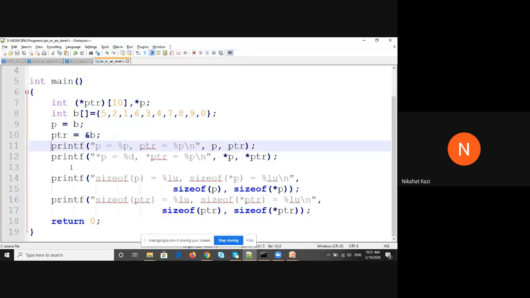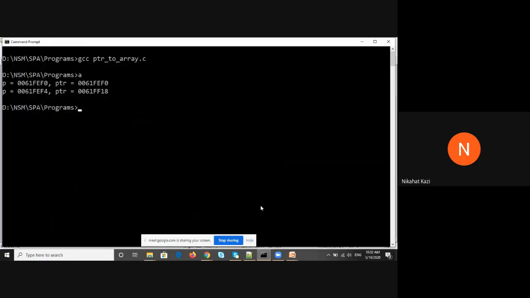So what we are printing is the values of the expressions P, PTR, star P and star PTR. By now you should know what the answer is because we have done this earlier. And this will give me the dereferencing. Further we have printed the size of P, star P, PTR and star PTR to understand the difference in the sizes. Okay, we will see that. We will run this program.